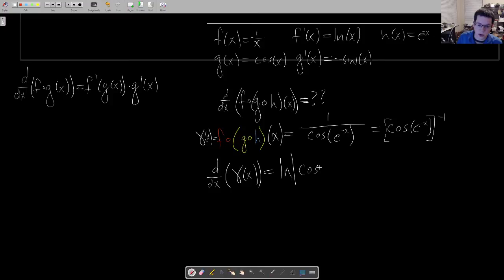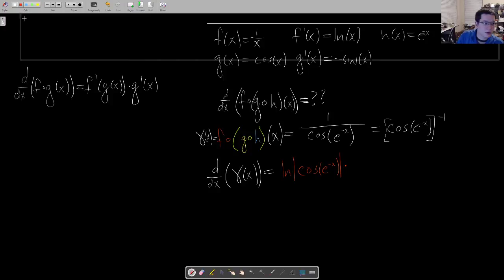So cosine e to the negative x. Absolute value? Yeah, it is. Times, I should do this in red. Nope. Natural log, the absolute value of cosine e to the negative x